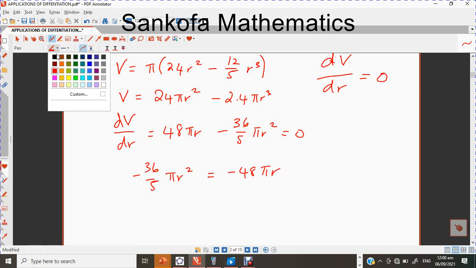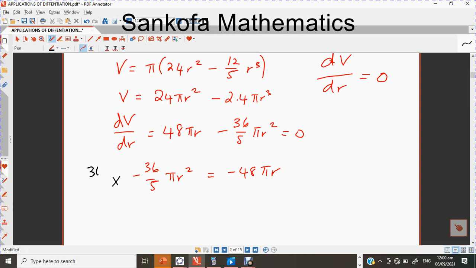So from here, you should be able to do a few things. First of all, I'm going to multiply this by its inverse, and what I do there, I'm also going to do on this side, minus 36 upon 5. So that leaves me with pi r squared. A negative and a negative gives you a positive value. So if you do multiply that out,